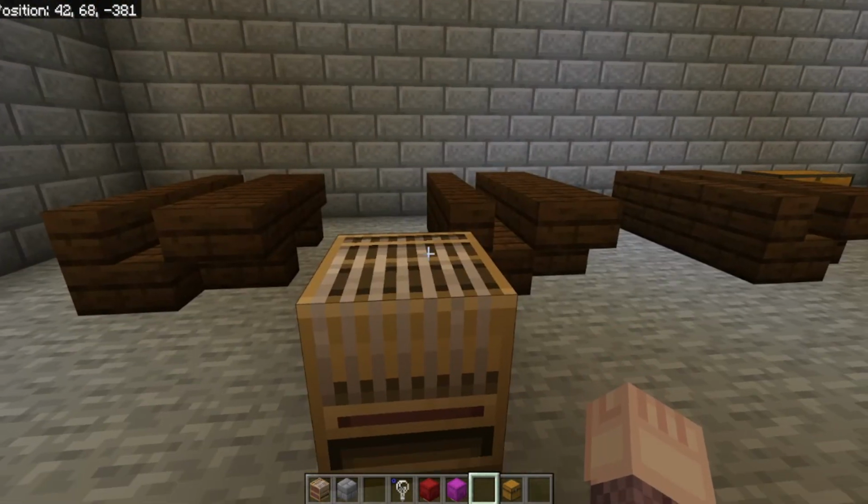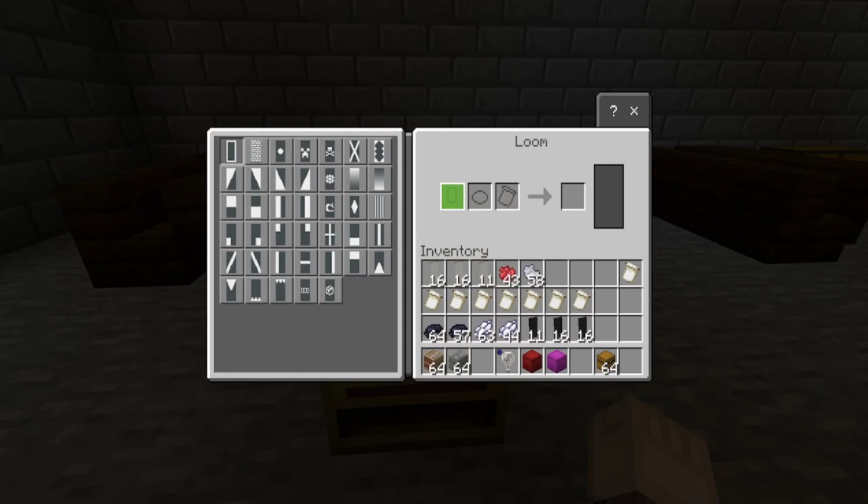A, B, C, D, F. Okay, F is another easy one. We just don't do a bit from the last one. F is the left line,